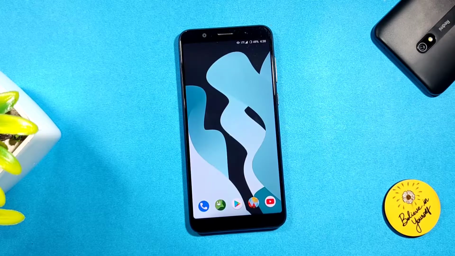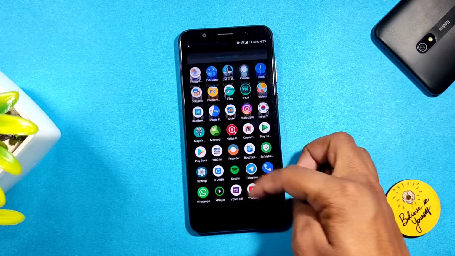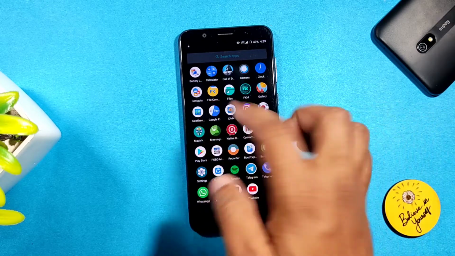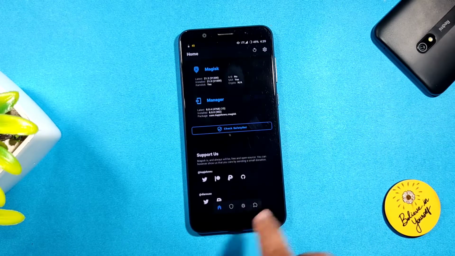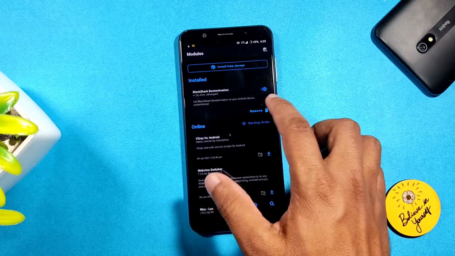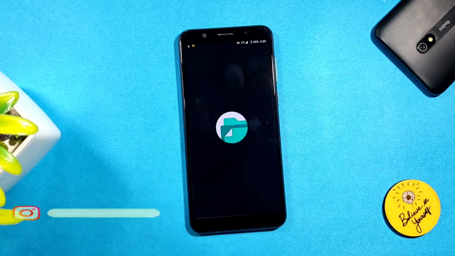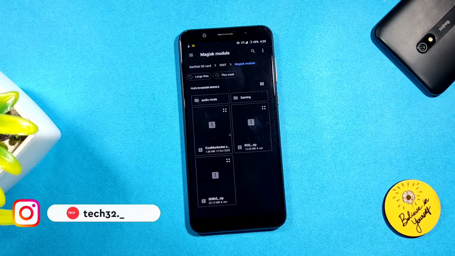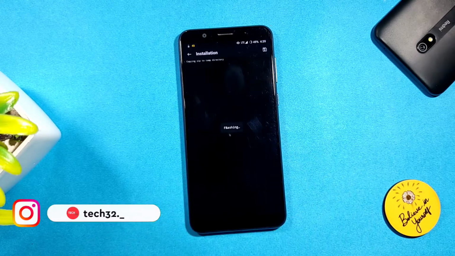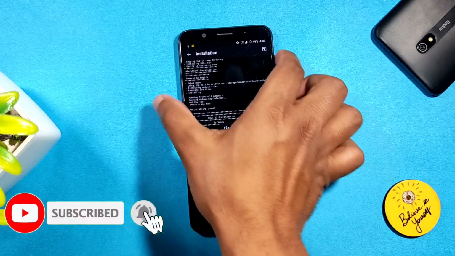Now finally, if we talk about our third boot animation, which is also very unique and very popular, then again follow all the previous steps: open Magisk Manager, hit the Magisk module section, then click on install from storage. But here also, remove your previously installed boot animation, then click on install from storage, then select your third zip file, which is the ROG boot animation zip file, which is also a very popular boot animation that comes with ROG gaming phones.